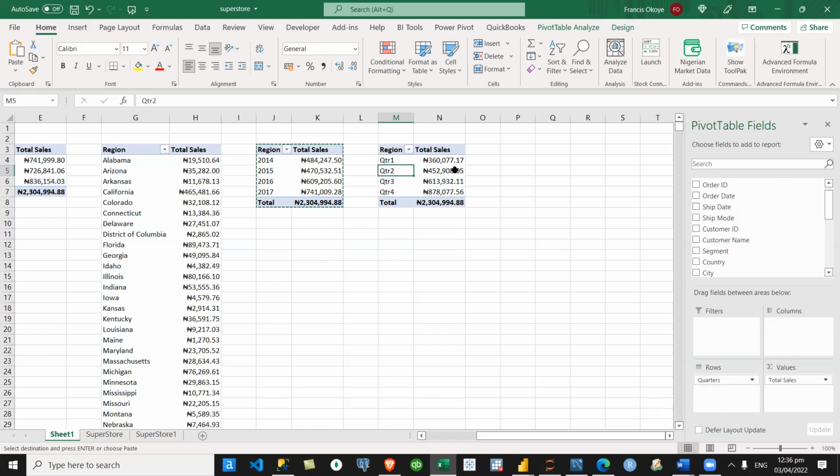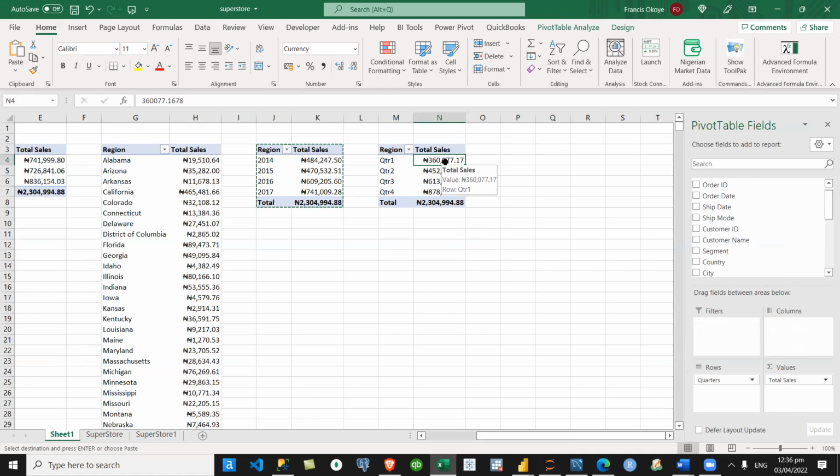I'm left with quarter. But take note, what is this quarter doing? It is adding up the quarter of all the years. It's adding all quarter one for 2014, 2015, 2016. Does that make sense?